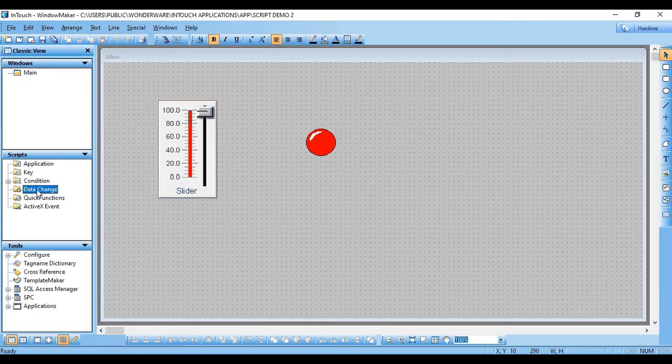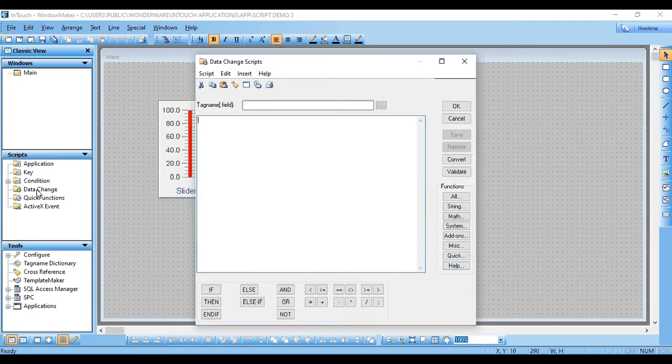Select the data change, double click, and you just need to define a tag here. Like I said, we can monitor the day or month. Whenever the month changes, the script defined in this box will execute.